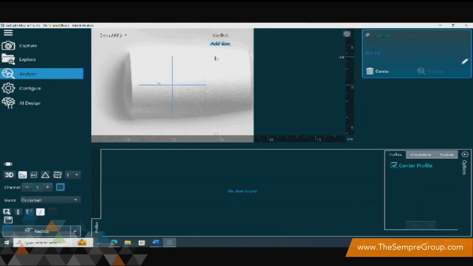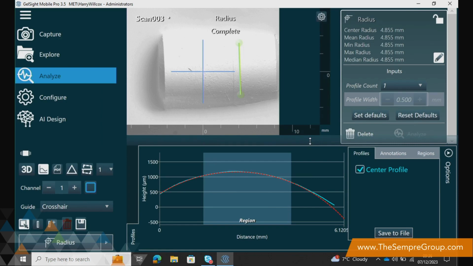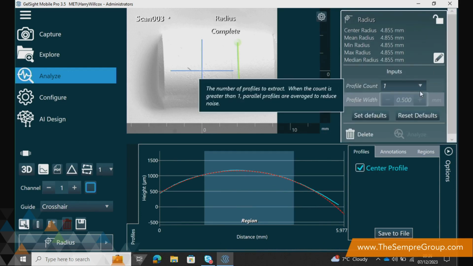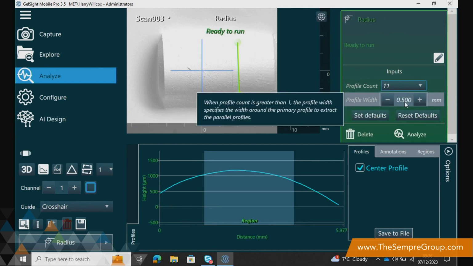So the idea behind the radius function is, in the bottom left here I've clicked my radius, I draw a profile along the radius, and you can see the system snaps the blue boundary to that radius to output us a result. What we can also do is if we go to the pencil, we can add in a number of radiuses. So if we said 11, and then I went to do that over a 0.5 millimeter area,